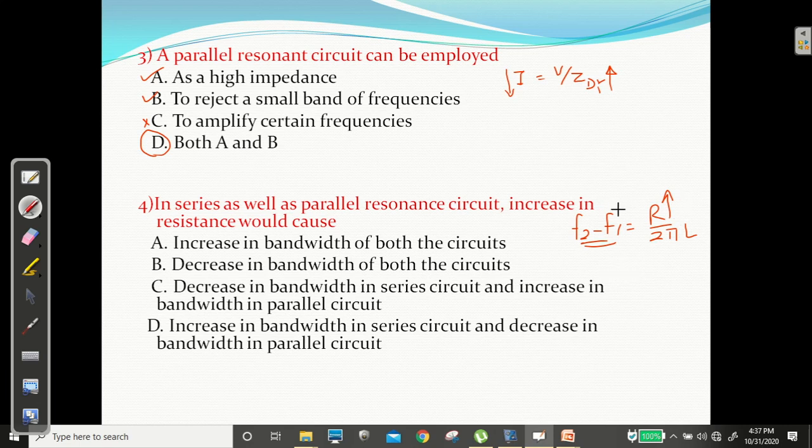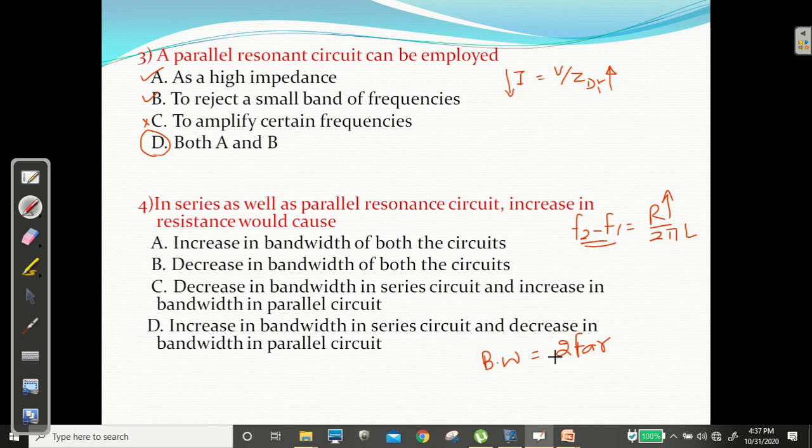This is for the series circuit. And for the parallel circuit, what is it? For the parallel circuit, bandwidth equal to 2